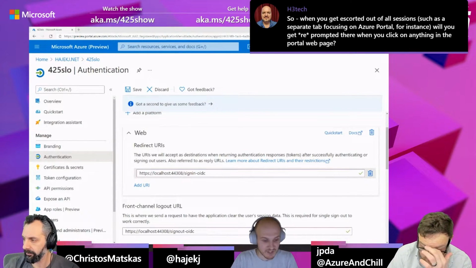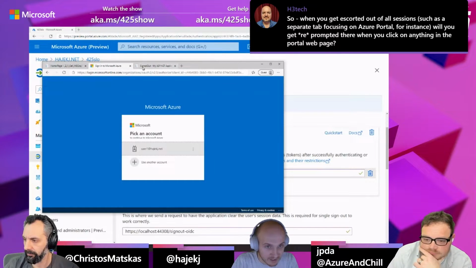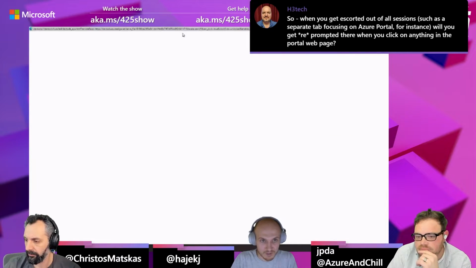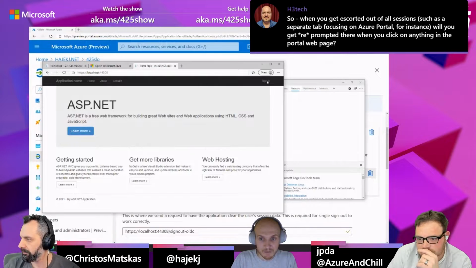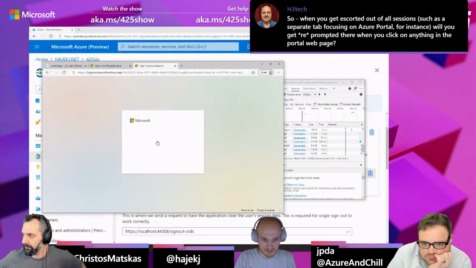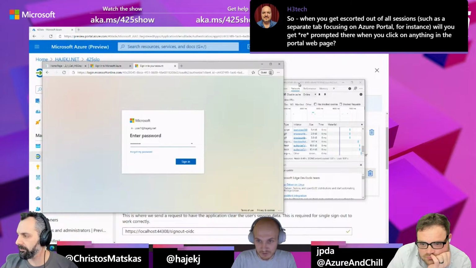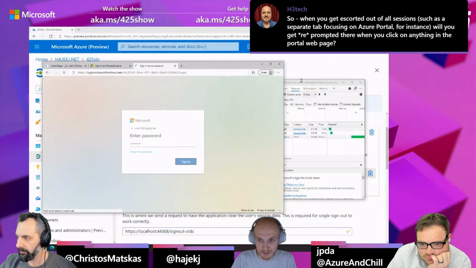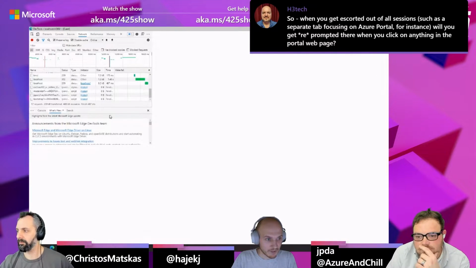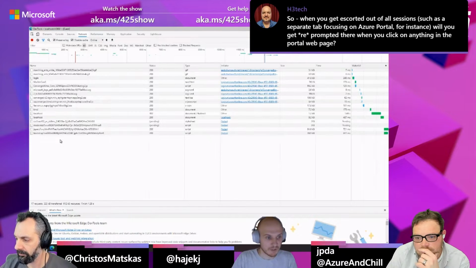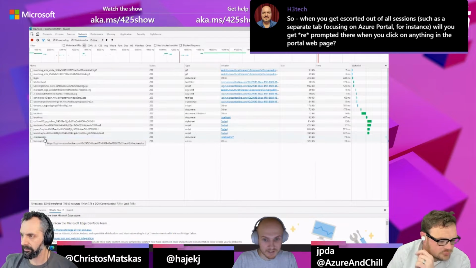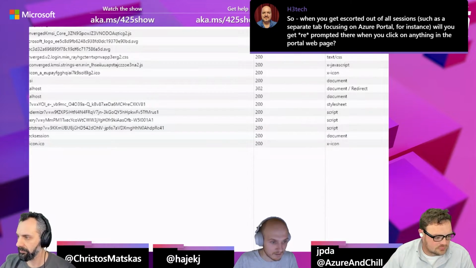So how this works is, let me see if my app is still running. I will open the developer tools for this one as well. So when I sign into this ASP.NET application, I'll just clear this again so we get the nice one. So what the code behind in the browser is going to do, okay, here we go. It actually created a tiny little iframe. I'll zoom in again, which is